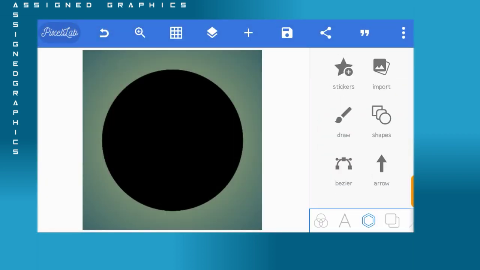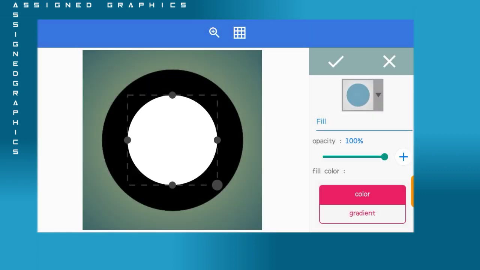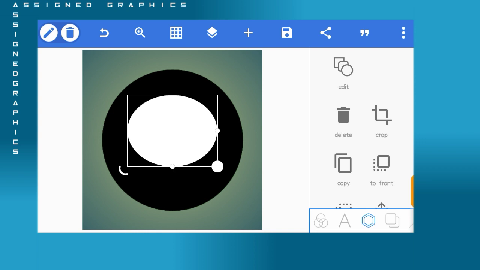Okay, the next thing now, you see how it is on the screen. So the next thing we are going to do again, we still go to shape, you insert another circle shape,